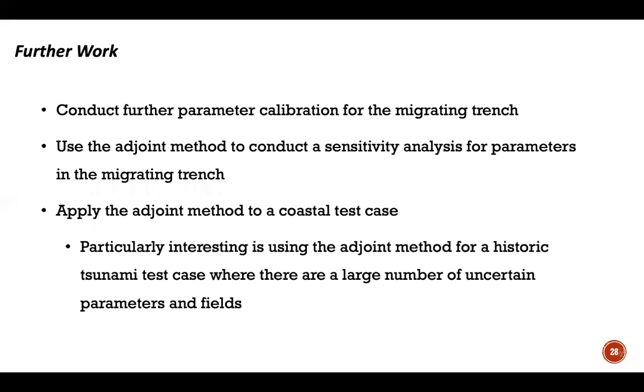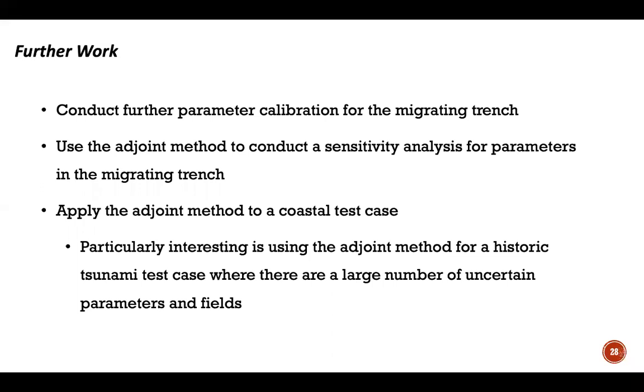But we have no records. Nobody was out there with a gauge in the ocean trying to measure velocities or anything like that. So there's so much uncertainty in input data. Normally the only things that you have are sediment records of sediment that was deposited as a result of a tsunami. I've been working a little bit with some people who are looking into the 1755 tsunami